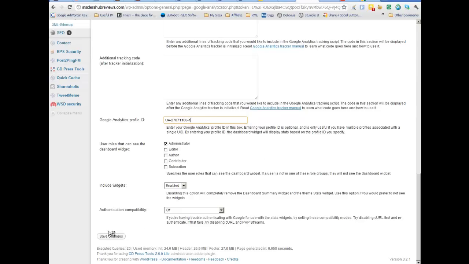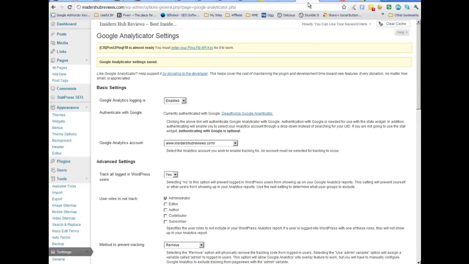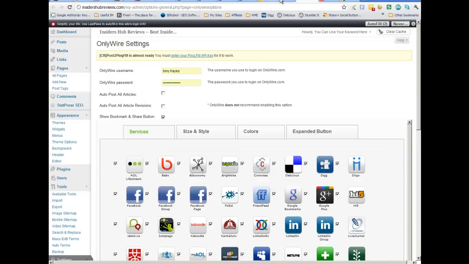You can put profile ID here as well. Right, now I can save, and that's that one taken care of. So we've now done Webmaster Tools, we've done Analytics. Now OnlyWire,